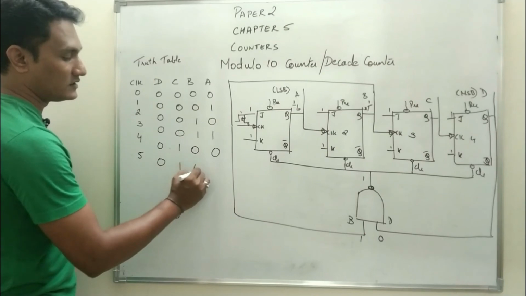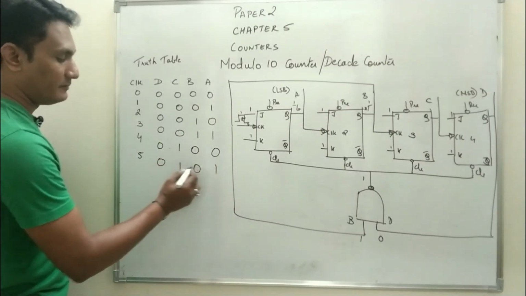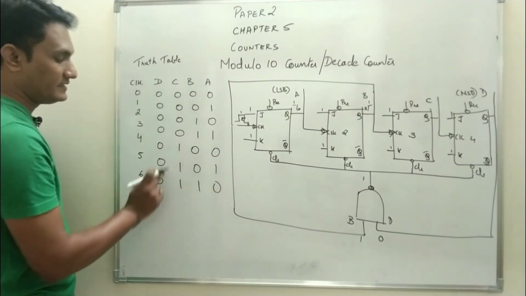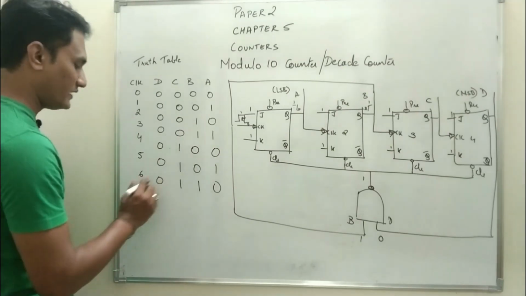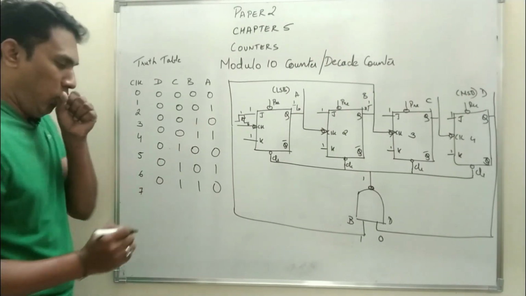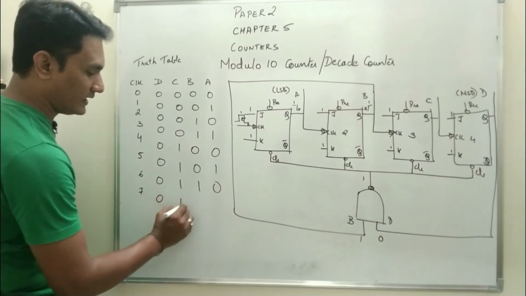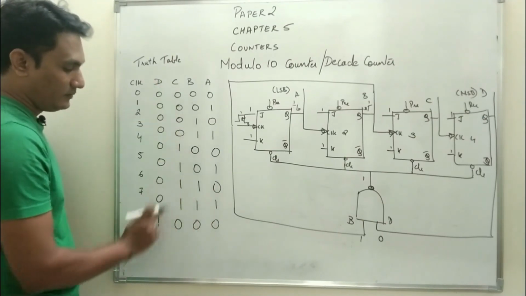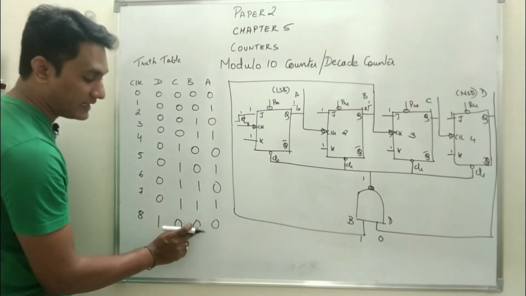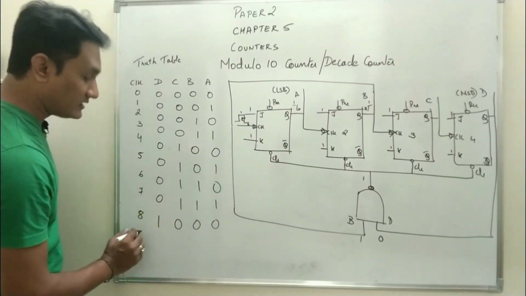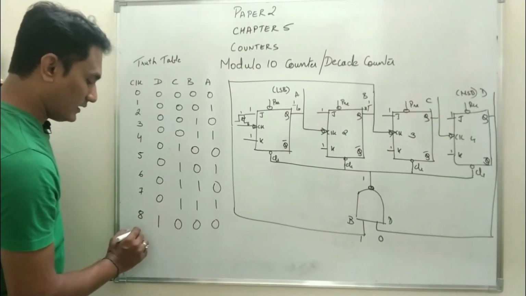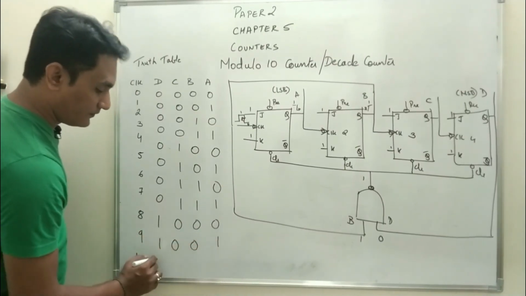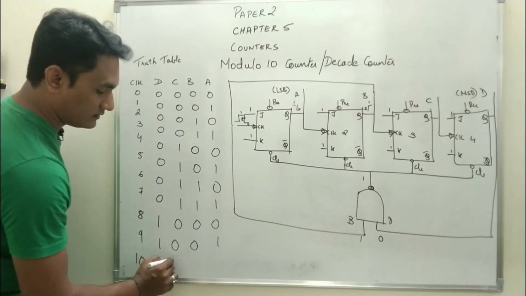Fifth, 0 1 0 1. Still D and B are 0. Sixth, 0 1 1 0. Now again B has become 1, D is 0. Still D is 0, so with one input 0, the output of the NAND gate will be 1. Seventh, 0 1 1 1. Eighth, 1 0 0 0. At this point D becomes 1, B becomes 0, but again one input is 0, so the output of the NAND gate is 1. So ninth, 1 0 0 1, and at the 10th clock pulse the state now will become 1 0